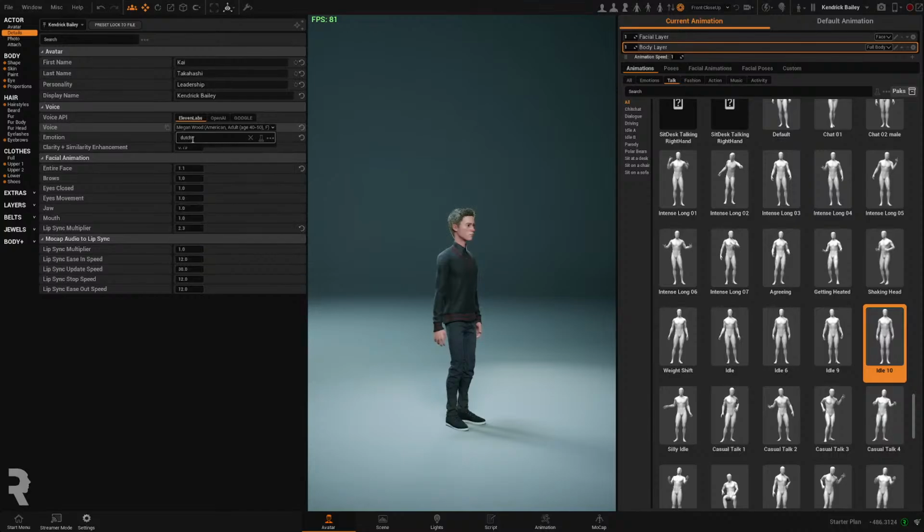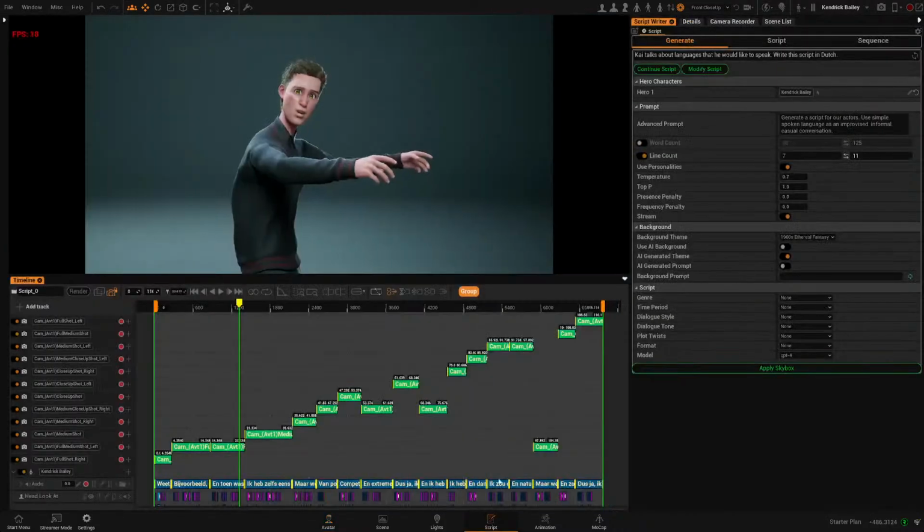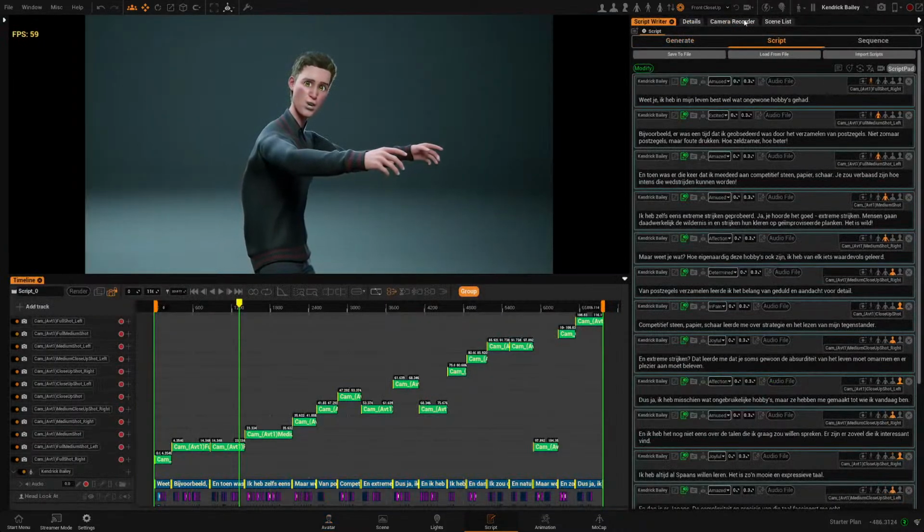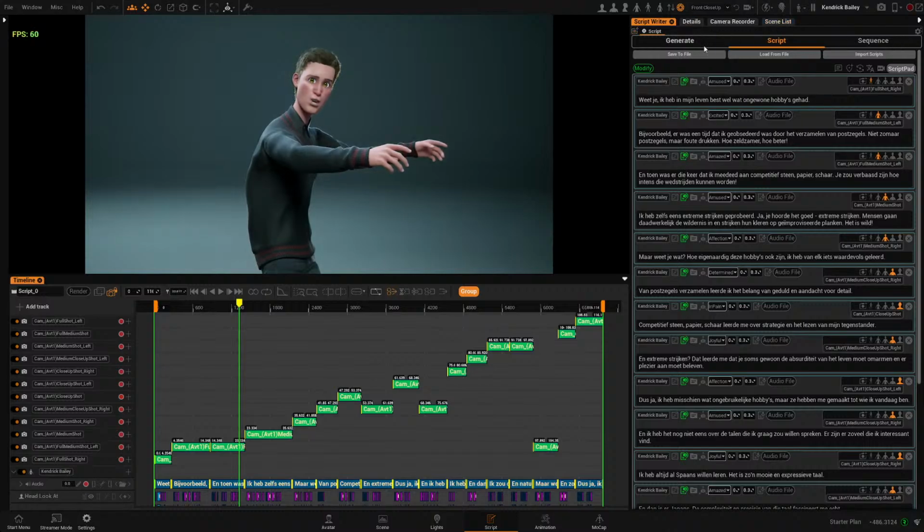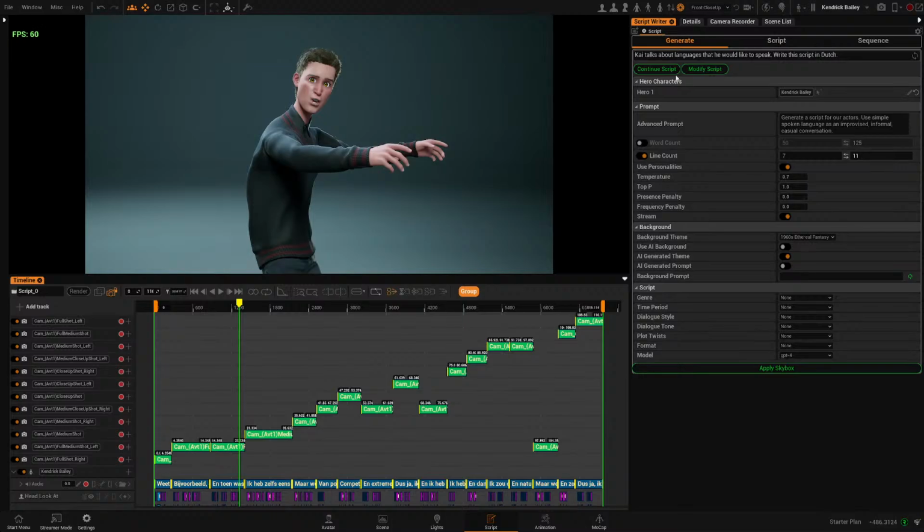Let me see. No. I'll show you that with a Spanish voice. So we have a Spanish voice in here. So let me go back to the script. What I'll do now is I will translate this script to, actually I would do that here and generate, modify this script, translate,